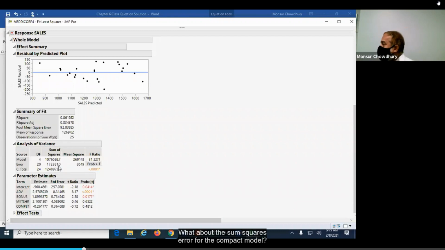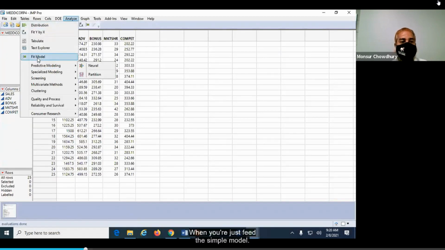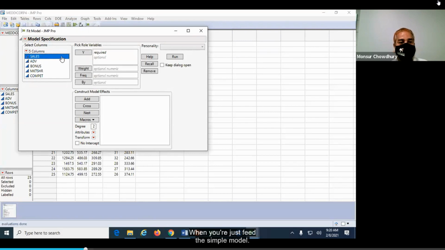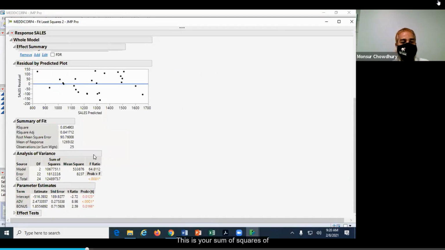What about the sum of squares error for the compact model? That means you have to fit a model with only 2 predictors. We already did it, but I am showing you one more time here. When you fit the simple model, I mean the model with the 2 predictors, this is your sum of squares of the error for the compact model in this case.